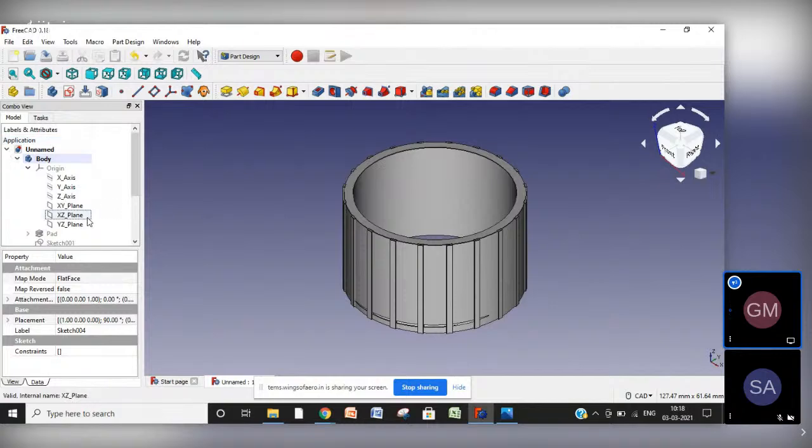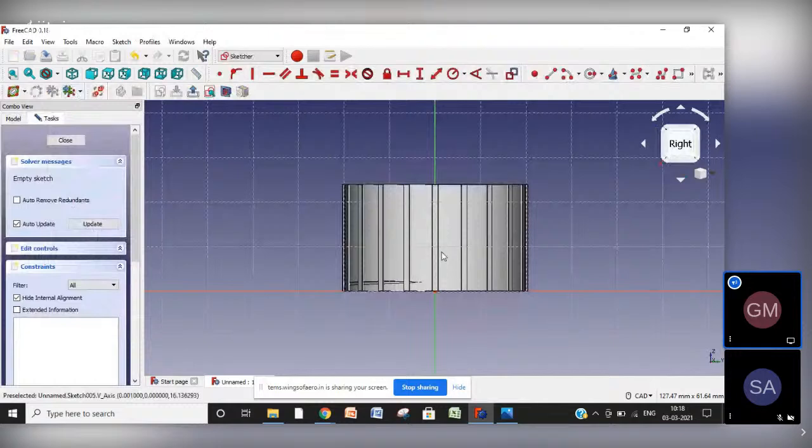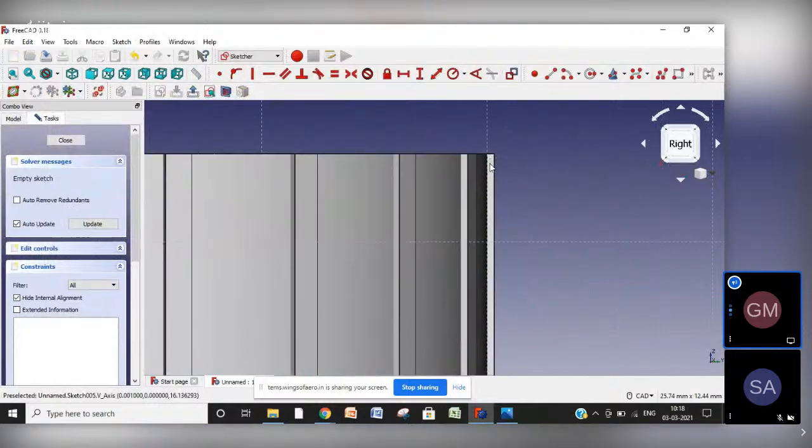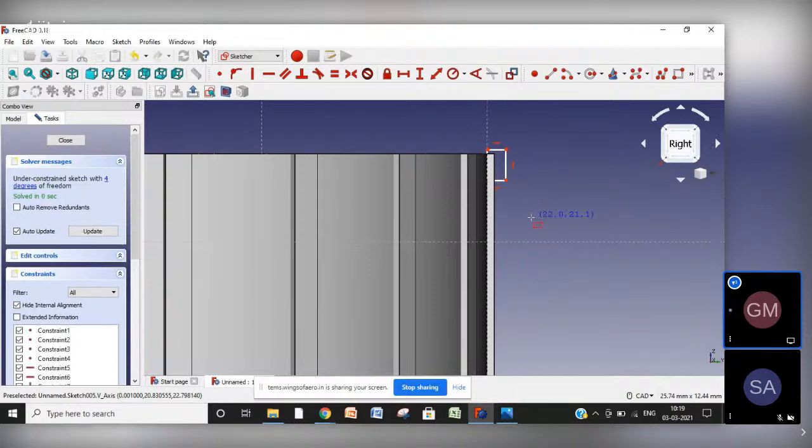Right there, the ZX plane I should take and sketch over it. Okay, this is what we don't need. We need it at the center only. So I will make this cylinder rectangular here,